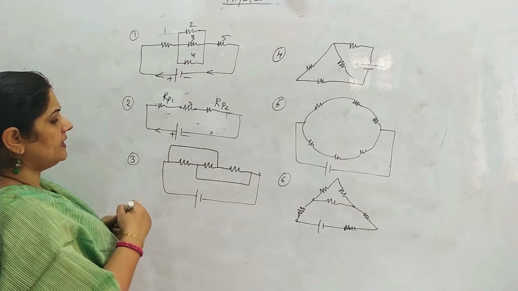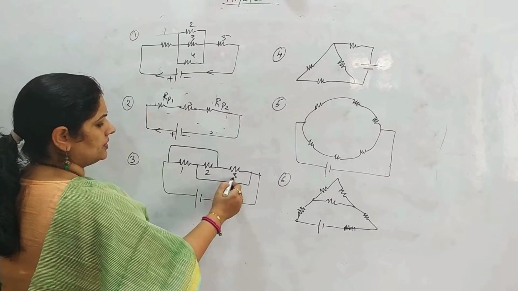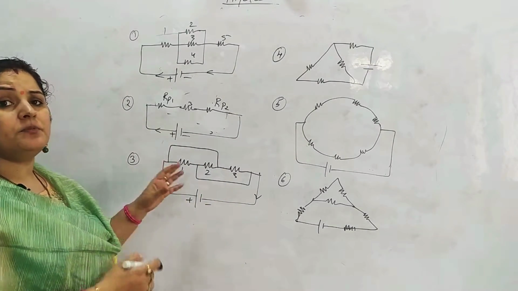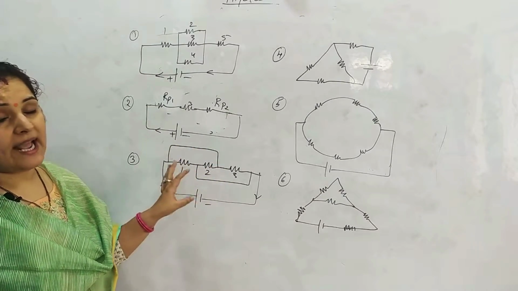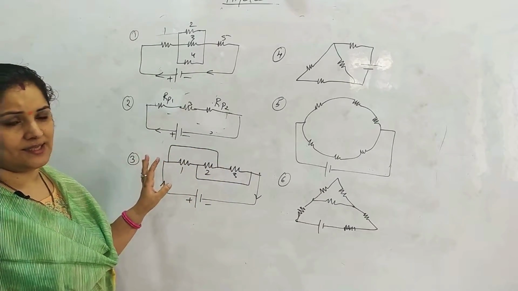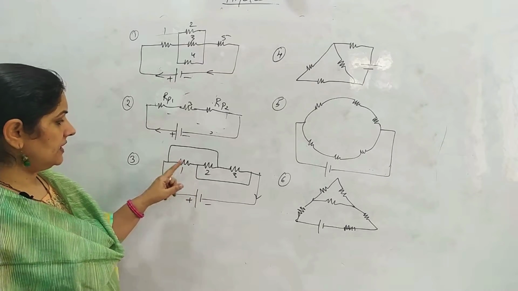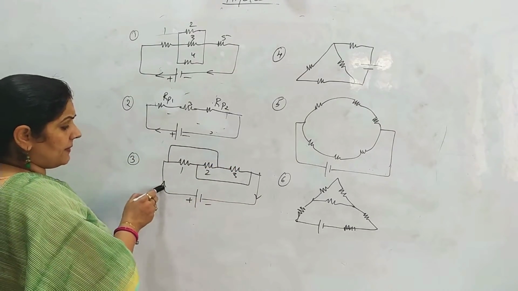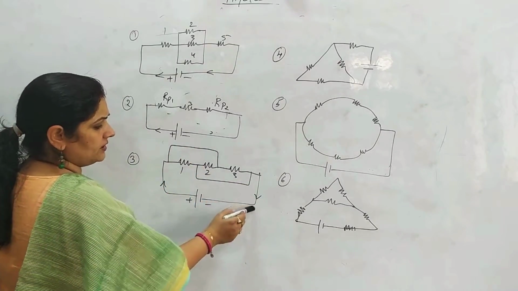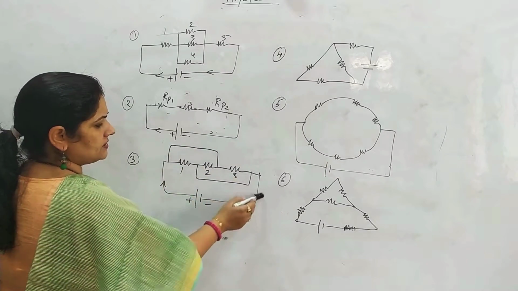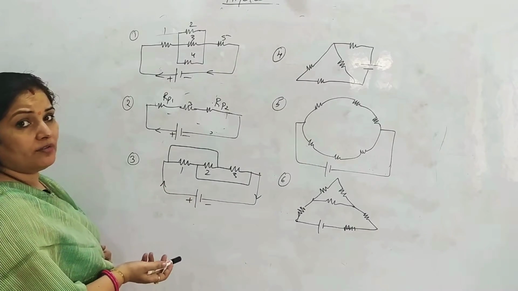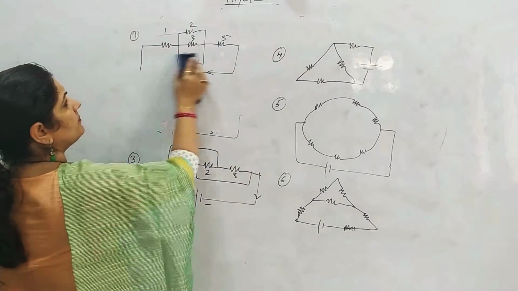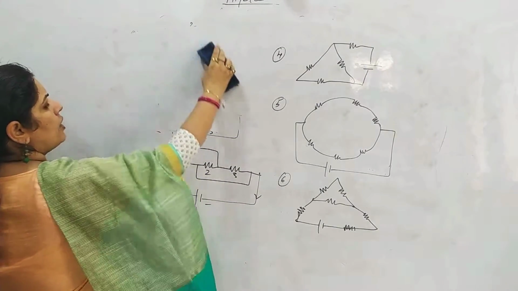Now this is a very interesting case. Say 1, 2, 3 are connected to a battery. Initially, if you look, they seem to be in series, but actually they are not in series, right? Series means there is only one way. But here, current is passing from here. It can go through this, it can go through this, or it can go through that; there are multiple ways. So we have to check how they are connected. This type of circuit we have to simplify. How to simplify?